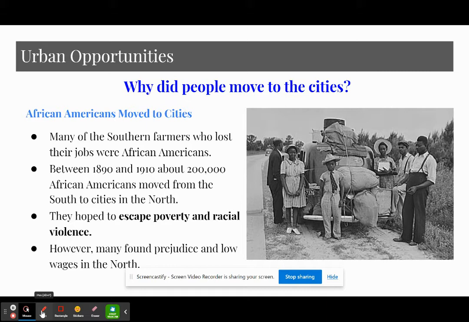So the Great Migration was not a short burst. There were bursts over time, because we're going to see this number again increase around the time of World War I, right around 1910, and then increase through the 1930s also. So why did they leave the South? Why did they come to the North?